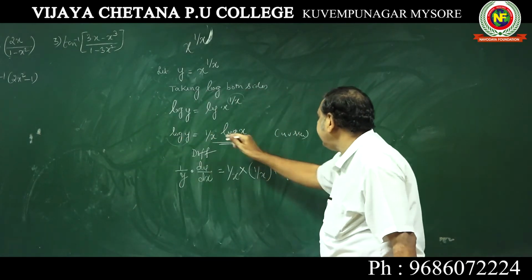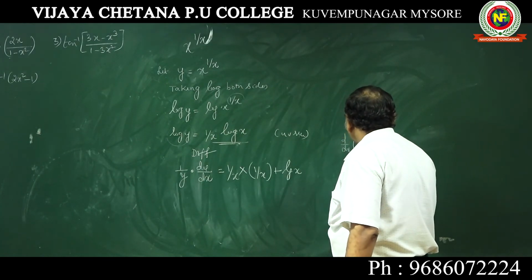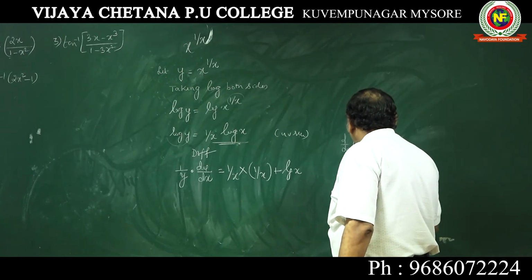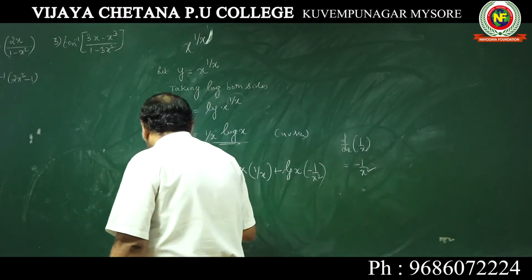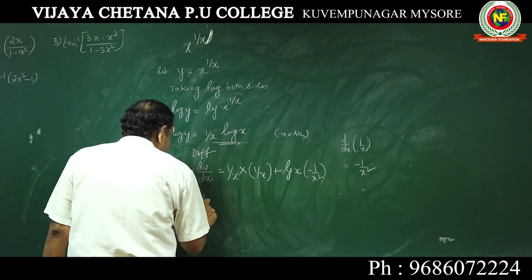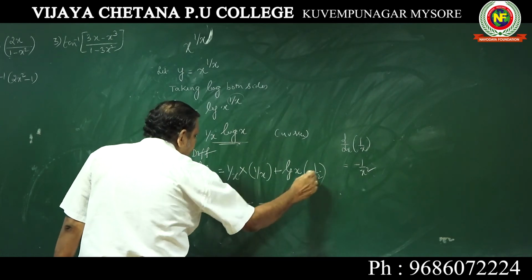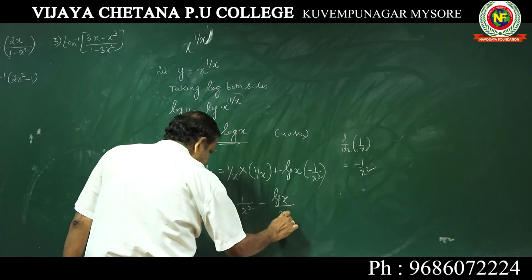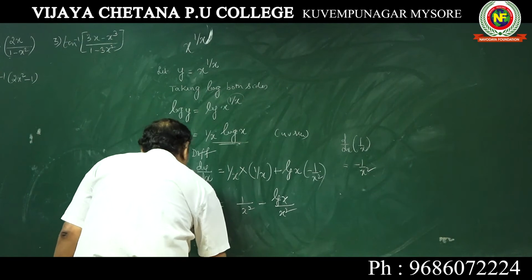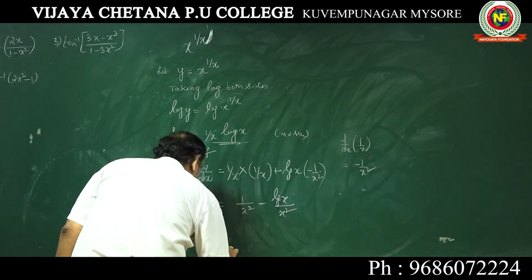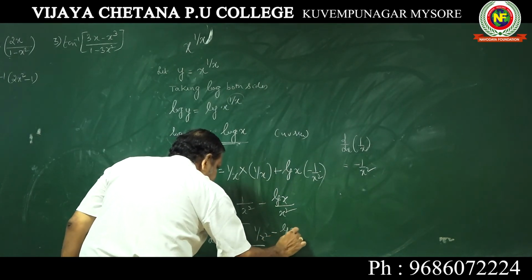Now it is log x into d by dx of 1 by x. You should understand what is d by dx of 1 by x. You know it is a standard differential. You can straight away put minus 1 by x square. Or it is 1 by y dy by dx is equal to 1 by x square minus log x by x. Log x into minus, this minus into plus minus 1 by x square, or dy by dx is equal to y into, this y will come up here, 1 by x square minus log x by x square,